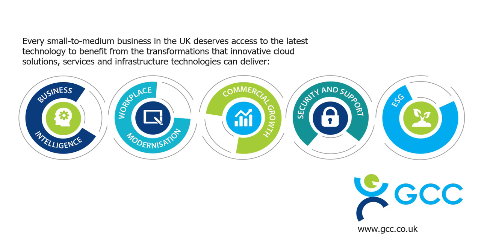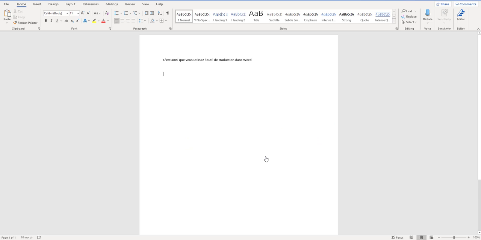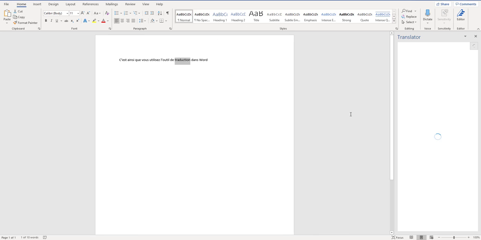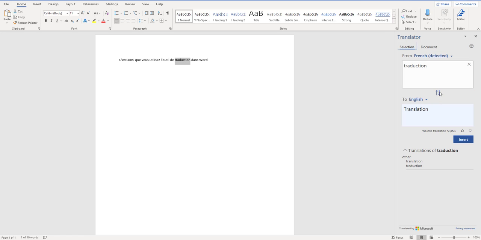Hi, in this video we'll take a look at the translate functionality within Word. Here we are within Word, so we can use translate in a few ways. We can just highlight a word here, right mouse click and bring up the translate window over the side. Just highlighting any particular word will give us the equivalent translation there, or we can highlight the entire sentence